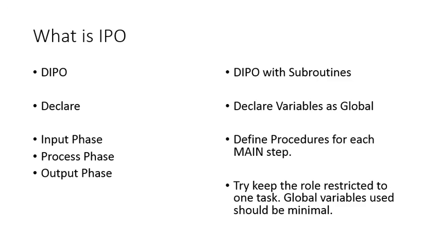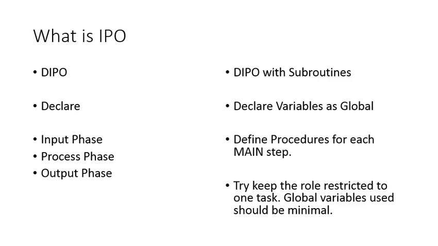Bear in mind that the goal of defining procedures is to actually do something called divide and conquer, and that is to break the problem down into smaller, more manageable steps. So what we want to do is to break the problem down into smaller steps, each of which is simpler to solve than the overall problem as a whole. And so when we do this, you need to try and keep the role of the task you are performing with each of your subroutines to a minimum. It should be as simple as possible and only focus on solving one or at most two or three main